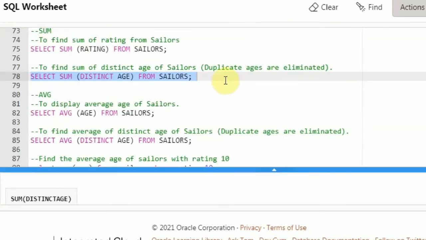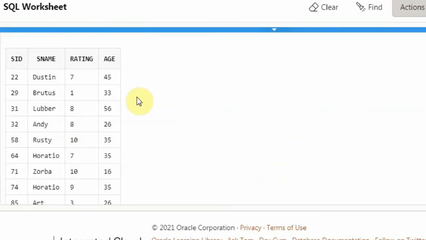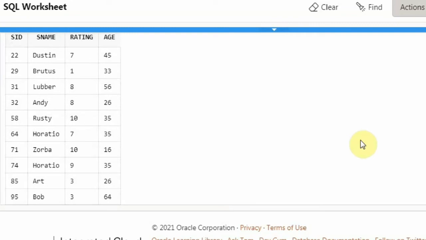Let me show you this with the sailors table. So I am saying select star from sailors. What it will do is take just the unique values from this particular age column.